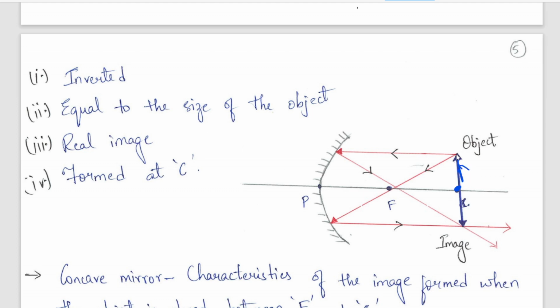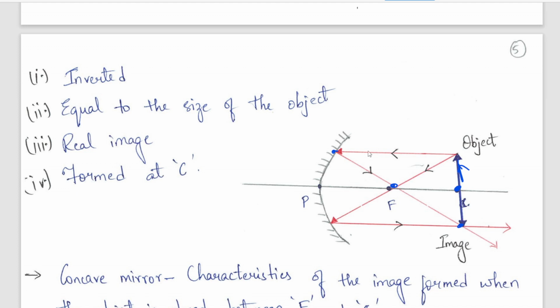And same explanation for this also. The light ray is falling on the mirror and it is reflected backwards and it is passing from the focus. And if we extend this, again the reflecting ray is passing, and where these both rays are meeting, at that point an image is formed. Okay.